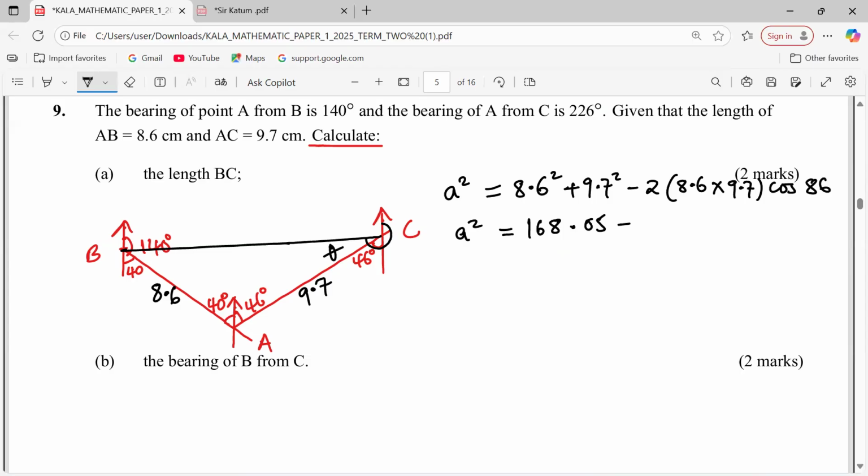This gives us 11.638. So A squared equals 168.05 minus 11.638, which is 156.41. Then the value of A shall be the square root now, giving us